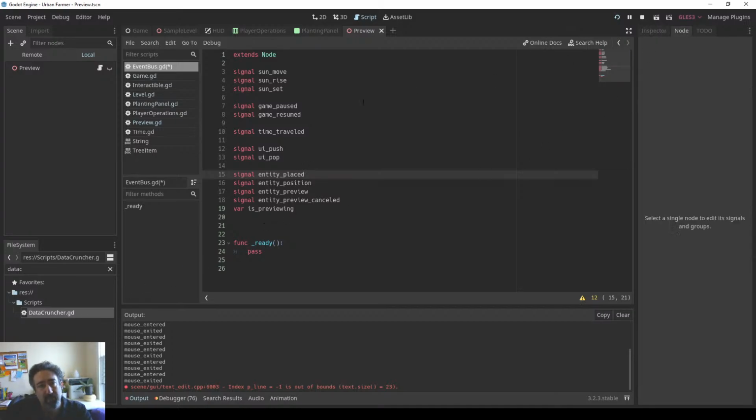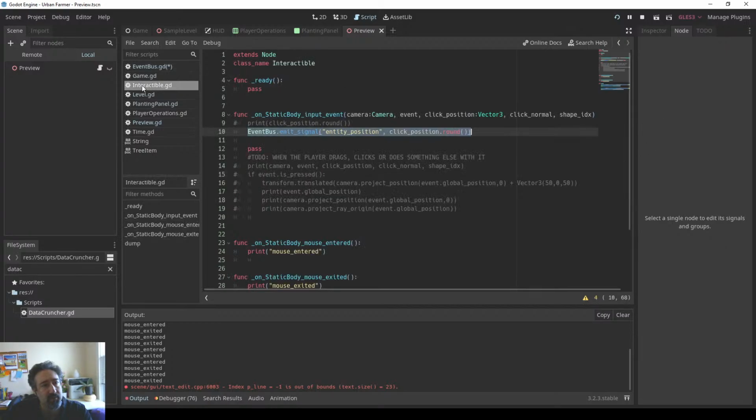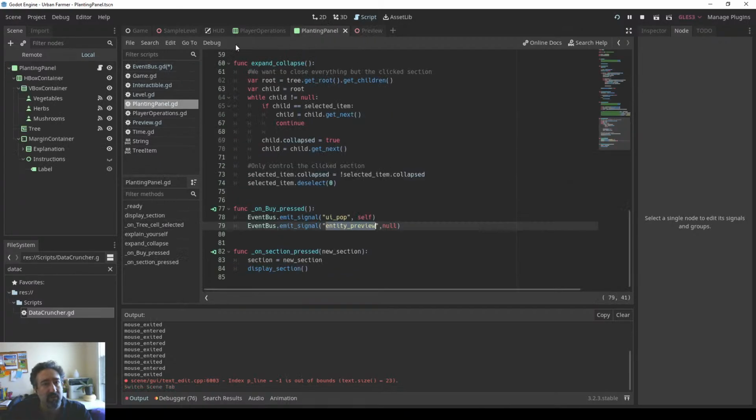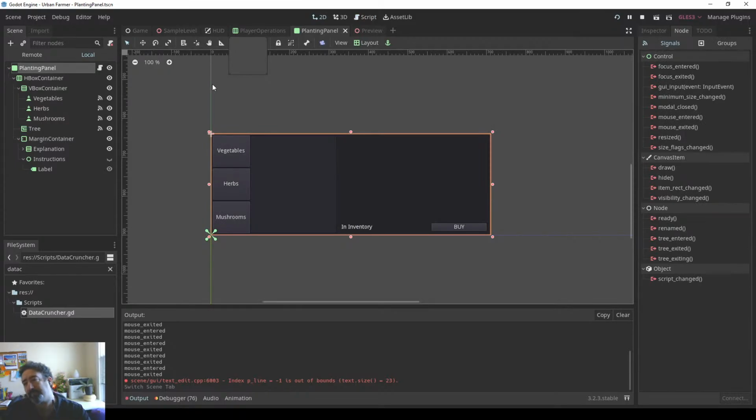If you look at the signals for some nodes, I think you'll understand. Let's look at... okay. See, mostly it's in past. So flags will be changed, something will be resized, mouse will exit, that kind of thing. But then you have